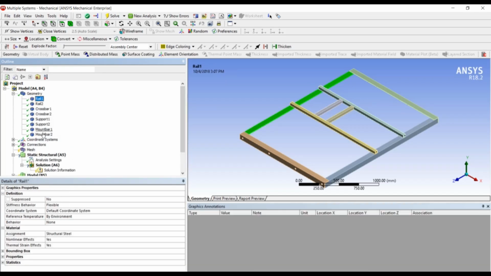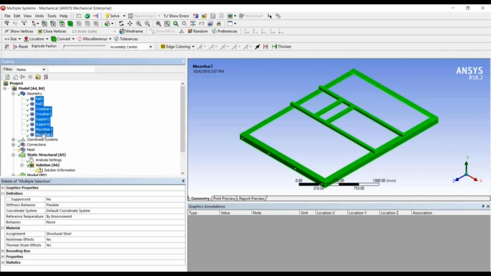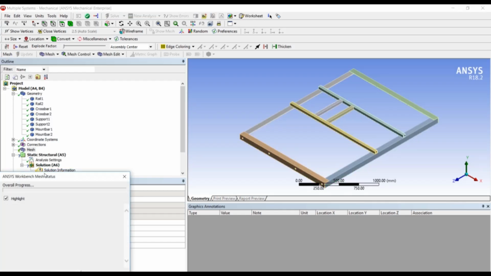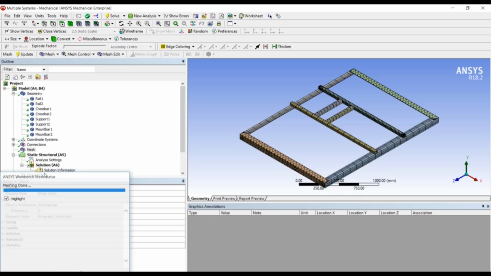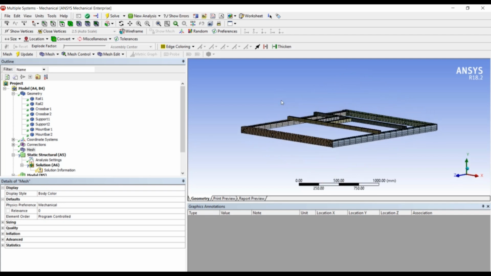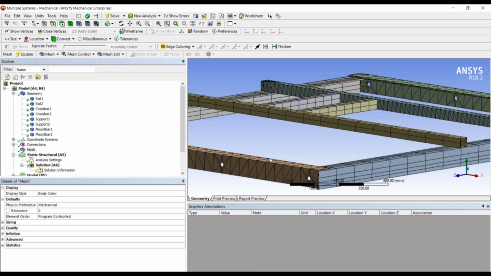Then we go to the geometry. We can see there are a number of parts and we don't need to change the material, as by default structural steel is the material that was applied. Then we need to right click on the mesh and generate the mesh with the default mesh. And once we generate this particular mesh, see, I need to select all of these